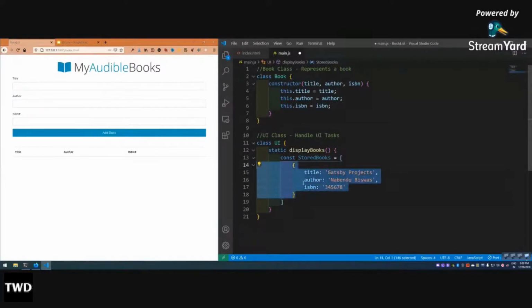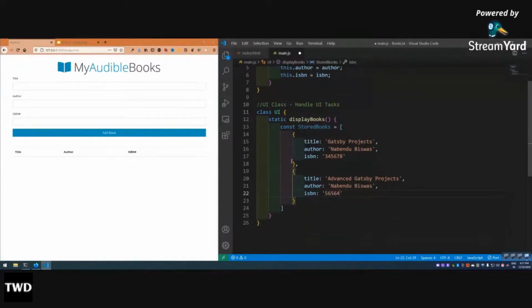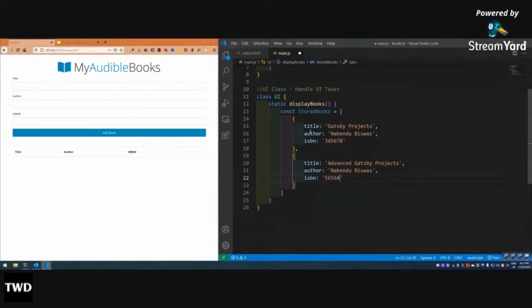copy this. Advanced Gatsby Projects. This is my other book which is getting released. Gatsby is like React only. You can create very good static sites with Gatsby. It is much better than React. It has got many extensions. So if you want, you can buy my books. Their complete projects are there in those. So let's go ahead and